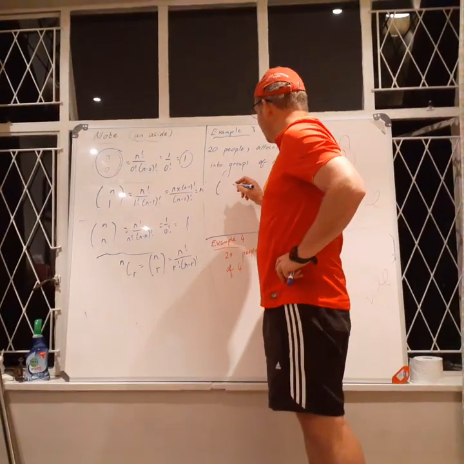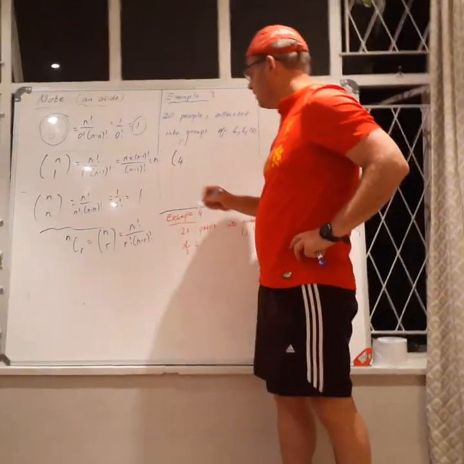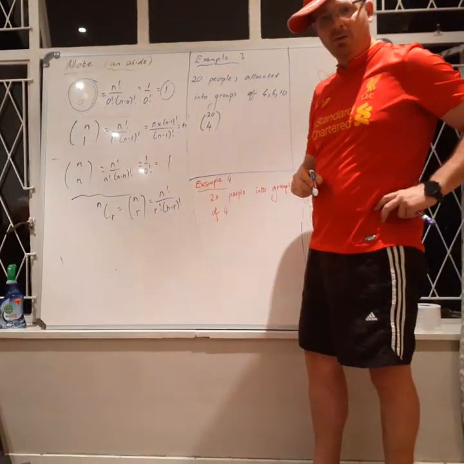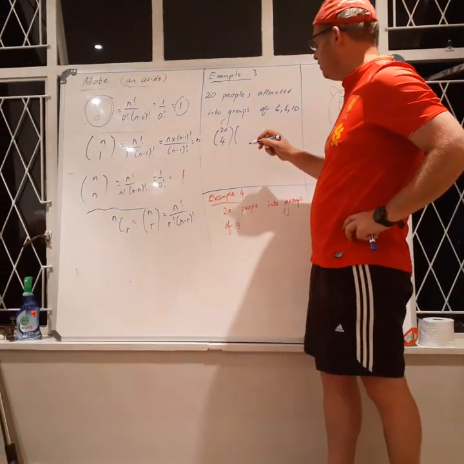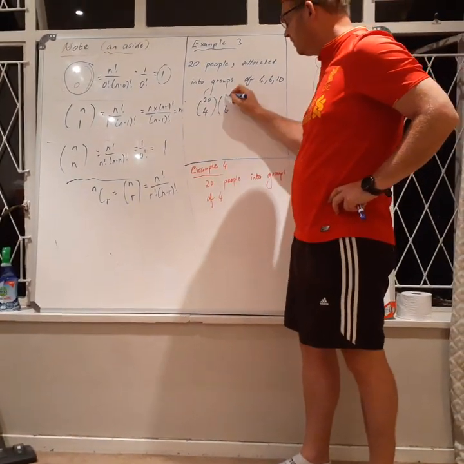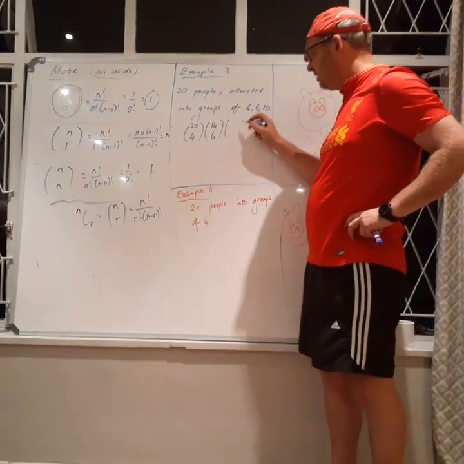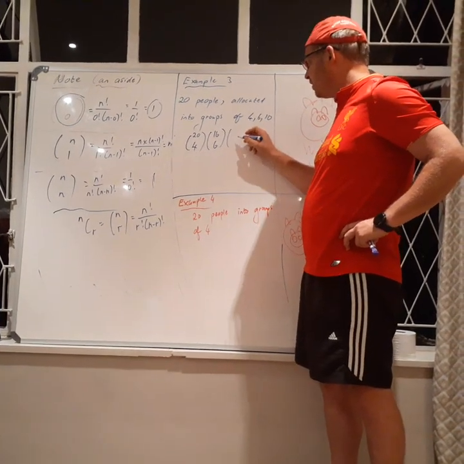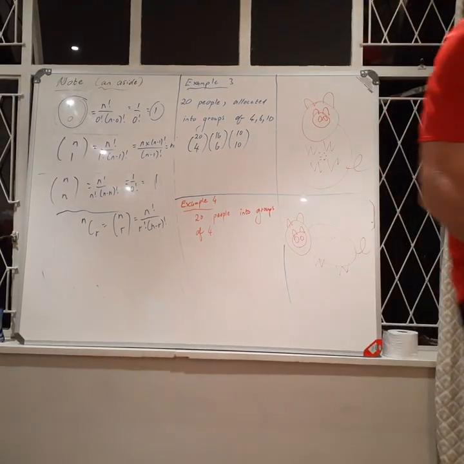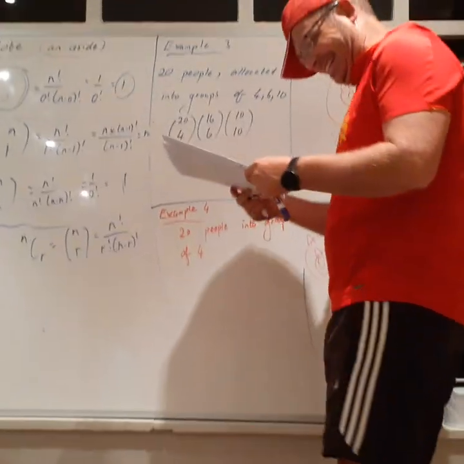So it doesn't matter which order you go in, I'll show you now. You're choosing 4 people from 20. Now you've chosen 4. So how many have you got left to choose? You've got to choose another group of 6. You've used up 4 of those people, so we're choosing 6 from 16. Now I've used up 6 of the 16, so now I've got to choose 10 from the 10. If you shove that into your calculator, the answer you should get is